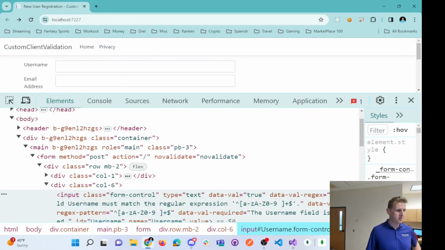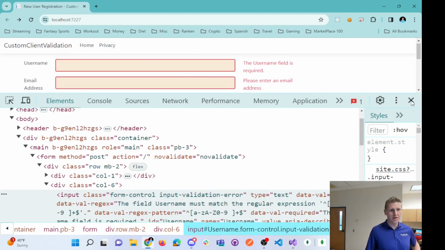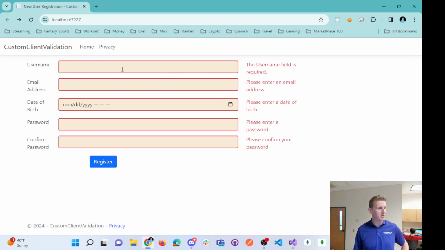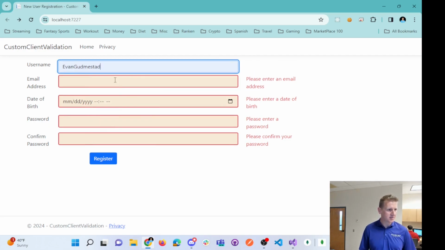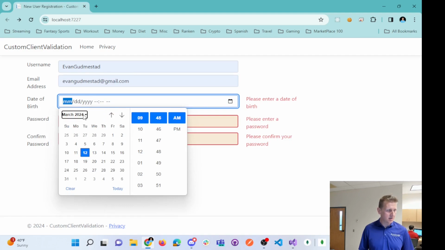And refresh and register, and there you go. So there you go, there's that background color of whatever that is, beige and red. So that's an easy thing to do. Okay, let's register a user and see,